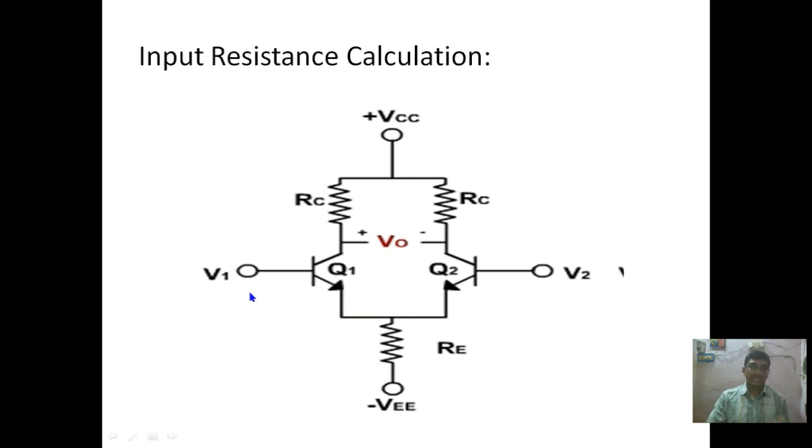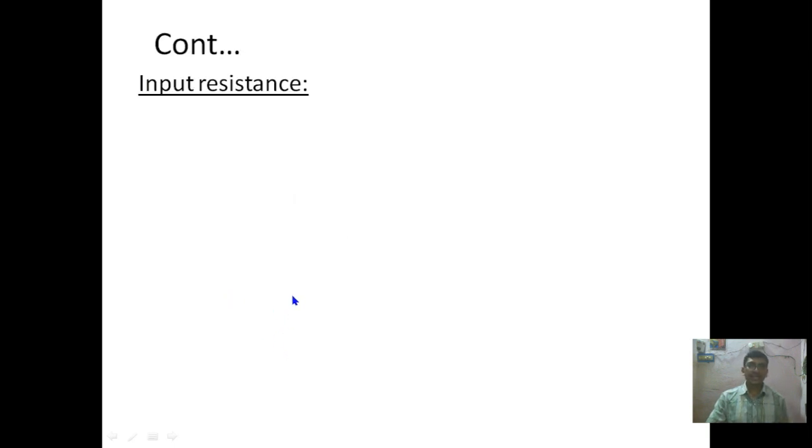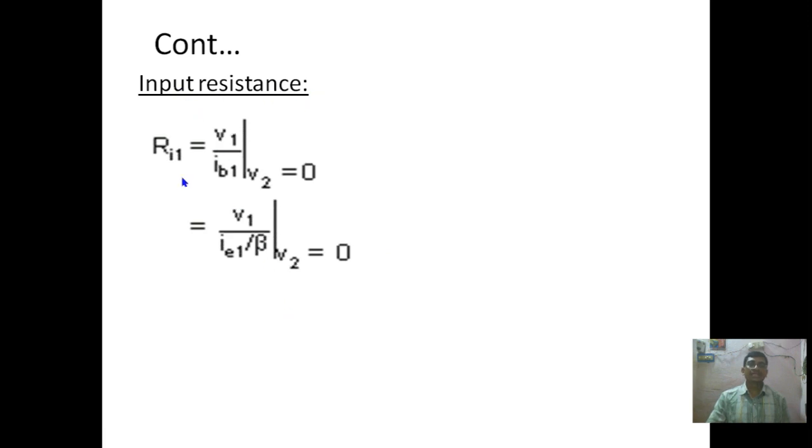And one more thing is the input resistance is the ratio of input voltage to the input current. So then we can write the input resistance Ri1. Now I am going to calculate Ri1, the stage 1 input resistance. Ri1 is equal to the stage 1 input voltage V1 divided by the stage 1 input current Ib1, at the second stage input voltage V2 equal to 0. This is the equation for the input resistance, and from the derivations we have derived previously,